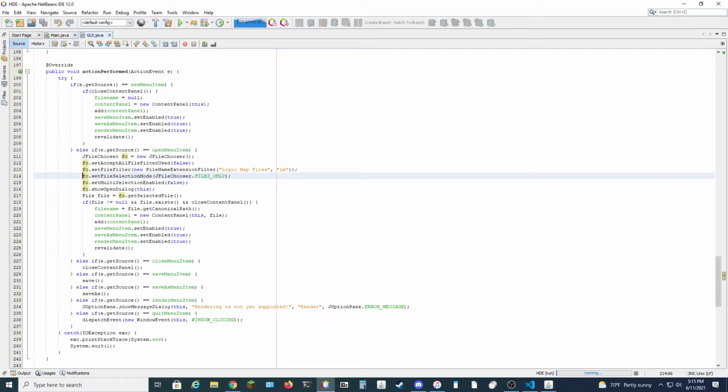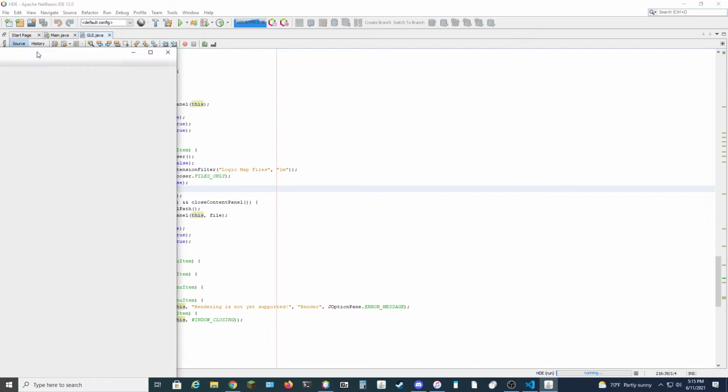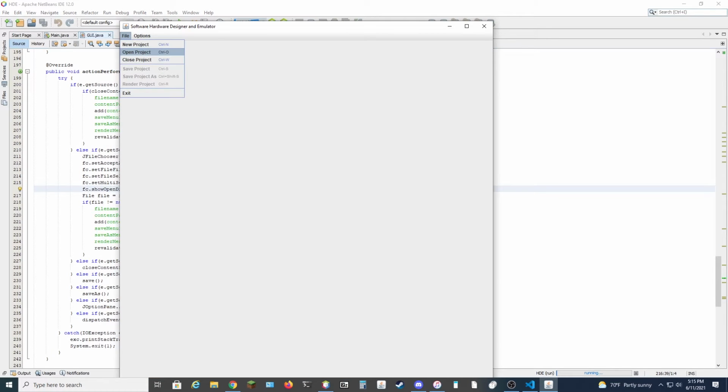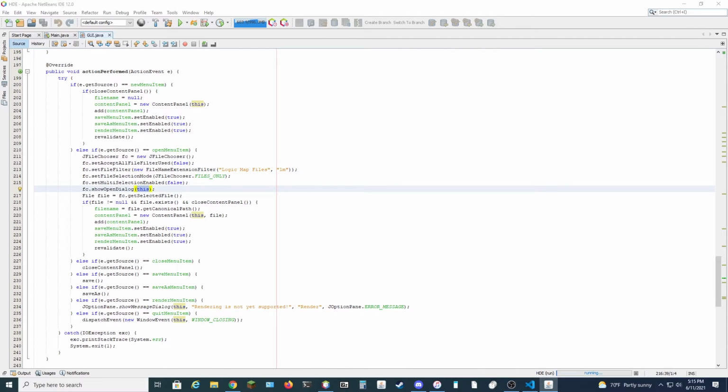We're going to then only allow selection of files, disable the ability to open multiple, and show the dialog to open it and center the dialog on this window. So if we choose open, then it will do that. And then this will actually just halt the thread until the user either clicks accept or closes or cancels the